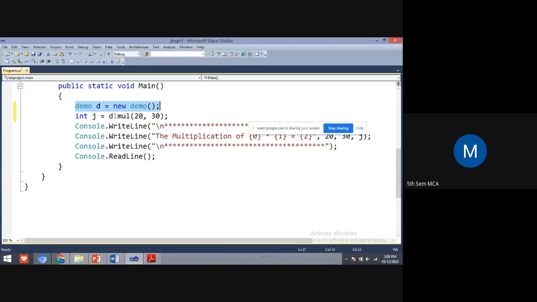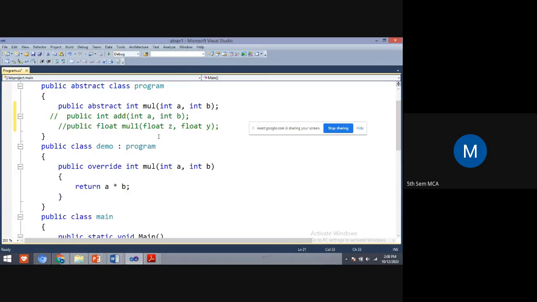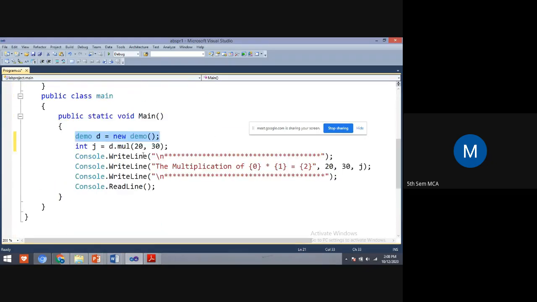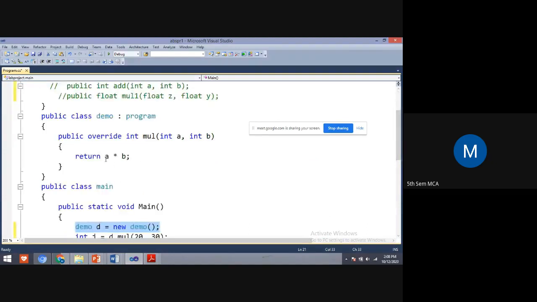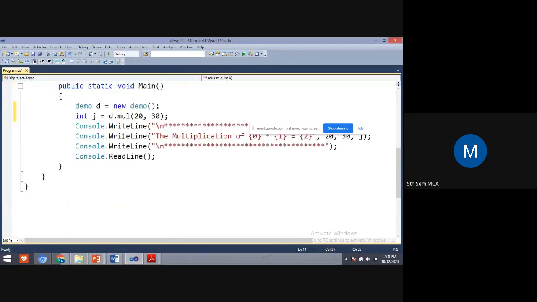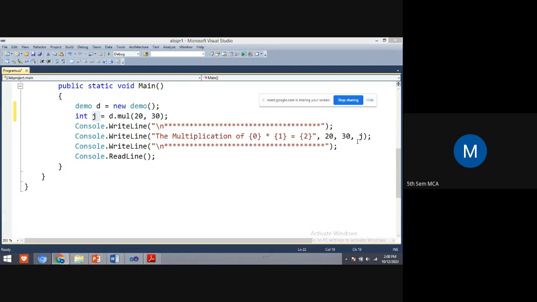So int j is equal to d.mul(20,30), means for the variables int a and b we are passing the values 20 and 30, and after calculating, whatever value it returns will be stored in the variable j. And that we are displaying here.